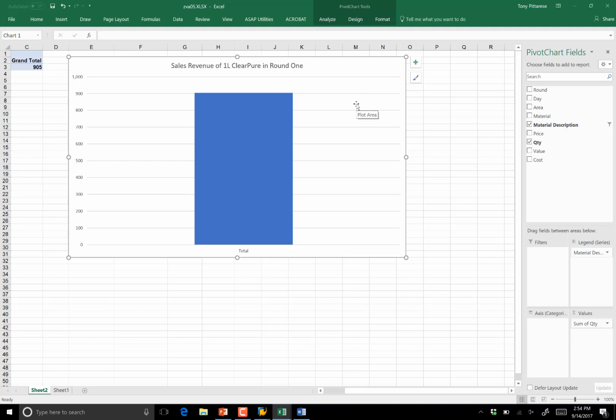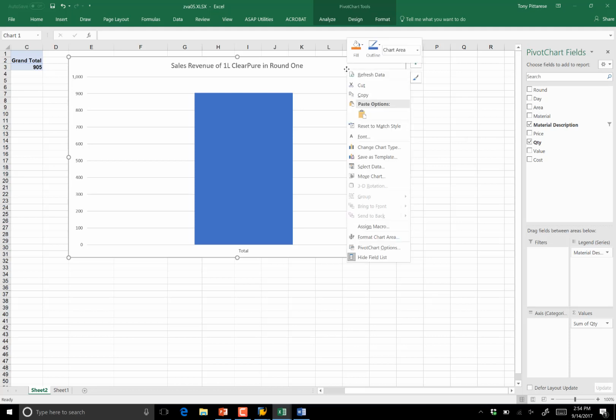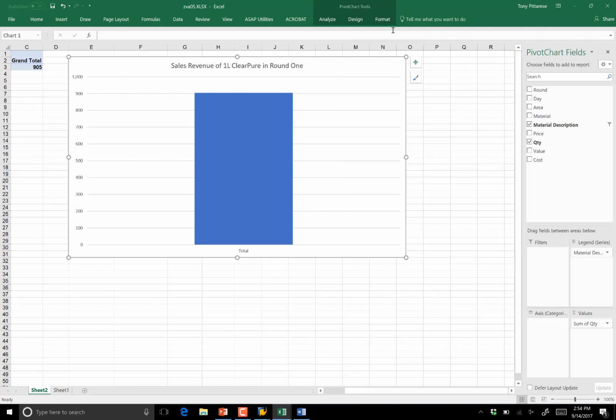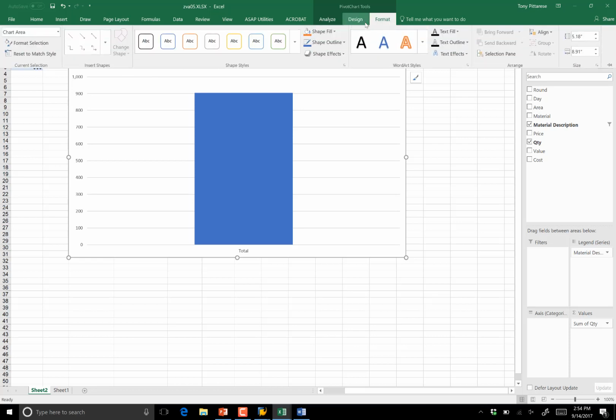You'll notice I don't have my field labels anymore to pick which materials are shown because I turned them off. I can right click now and turn them back on. I've got to remember how to turn them back on. I think I have to actually,